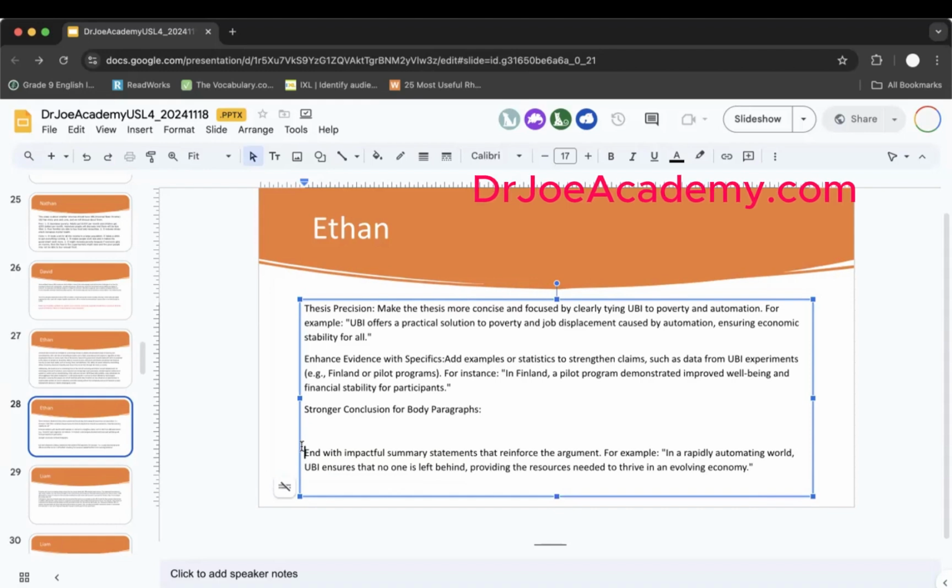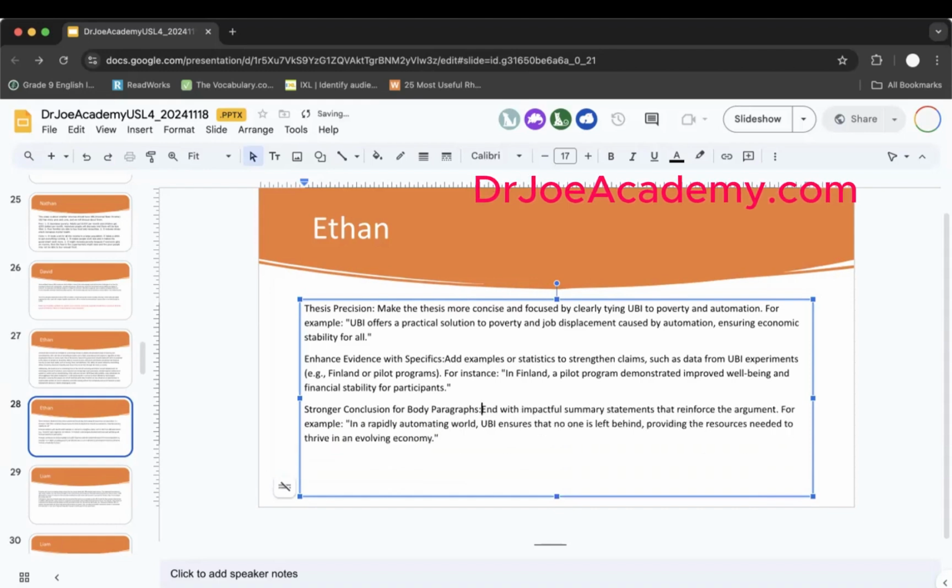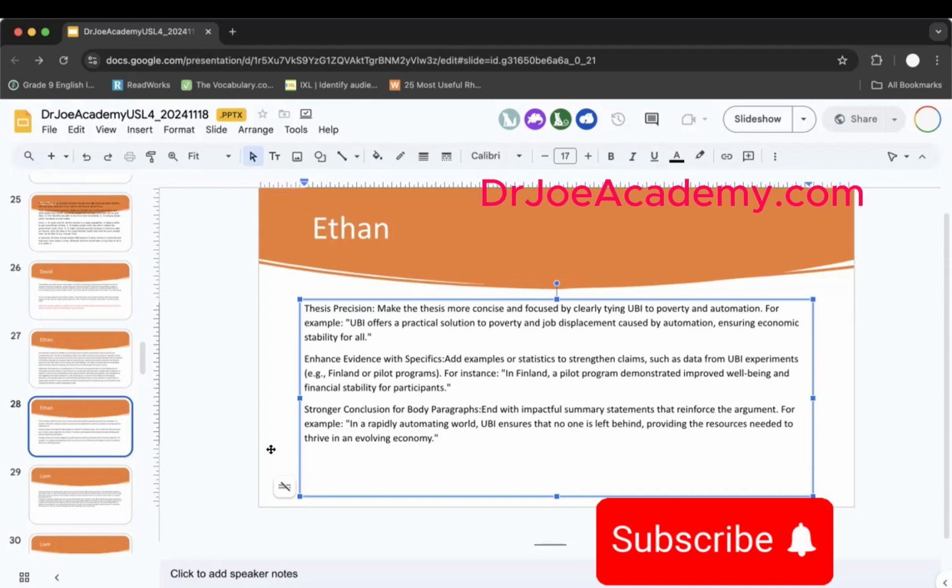Also, with your evidence, you can enhance it with specifics. So add examples or stats to strengthen your claims, such as data from UBI experiments, again, Finland, or pilot programs in the United States. For instance, you can write, in Finland, a pilot program demonstrated improved well-being and financial stability for participants. You can also mention,